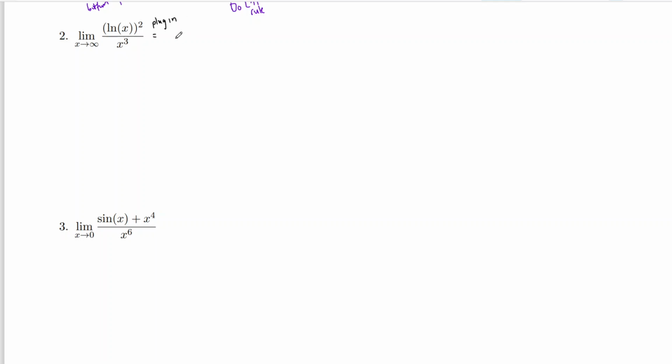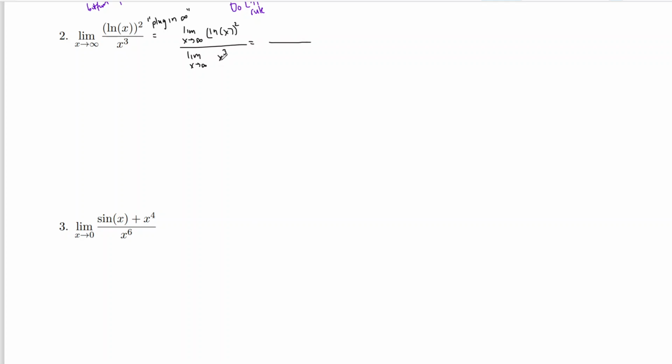Now remember, we can't really plug in infinity ever. So when we say plug in, it's really in quotes, because we're doing the limit. If it was 0, we could just plug in 0 and see what happens. But for plugging in as far as infinity goes, we can't really do that. So the idea is, if you want to be extremely proper, you do the limit of the top, the limit of the bottom,